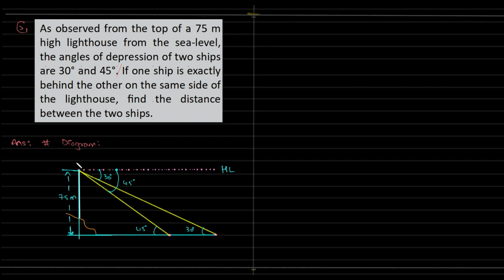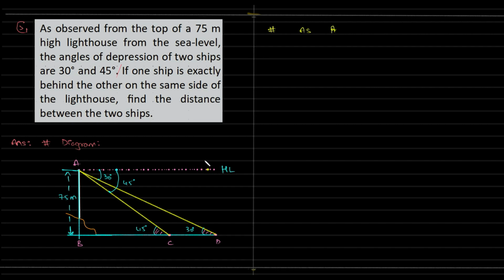So now, what are we looking at? We're looking at triangle ABCD. So we have to find the distance between the ships, that is CD. Okay, so we begin with saying that this particular angle and this particular angle are 45 and 30. So for that, we need to begin with